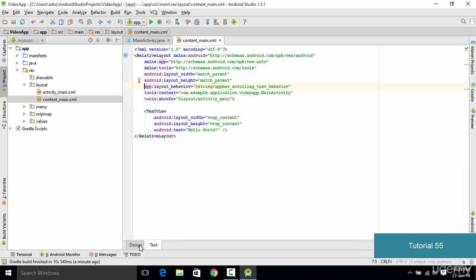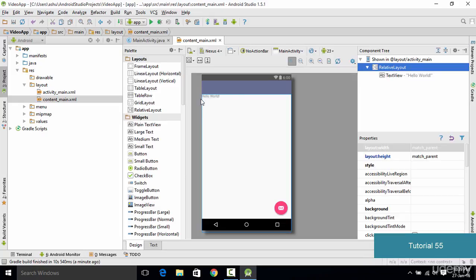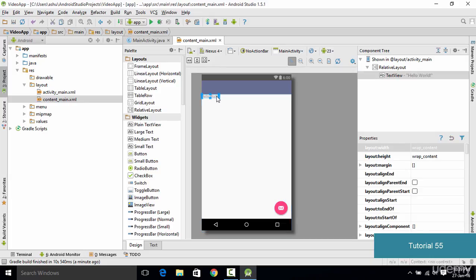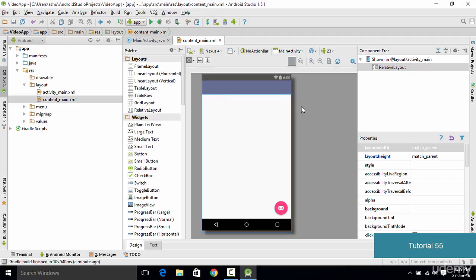Now if you switch to the design view, you could see that the hello world is now placed right in the corner. So once the padding has been removed, the next thing which we do is delete this hello world and we are going to add a video here. But the thing is that we cannot directly add a video to our activity. The first thing which we need to do to add a video is add a video